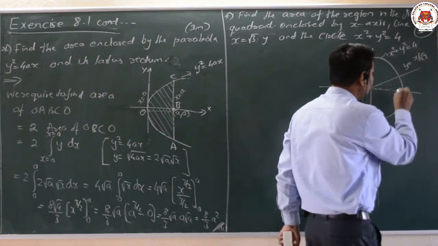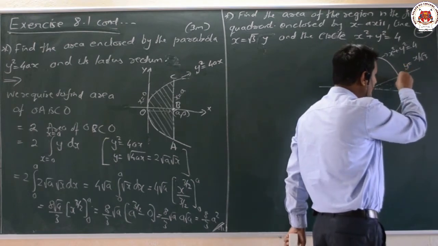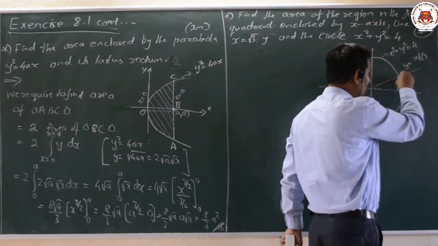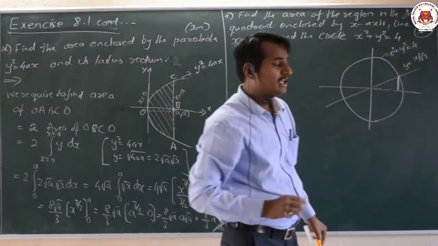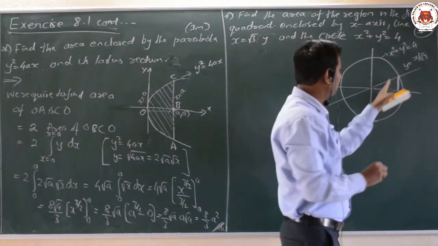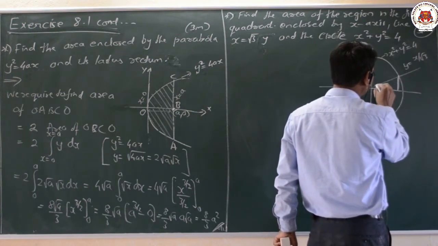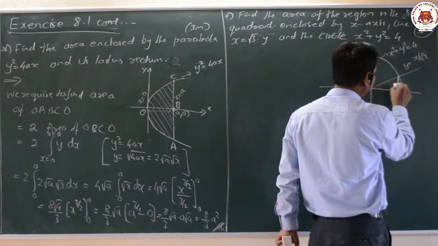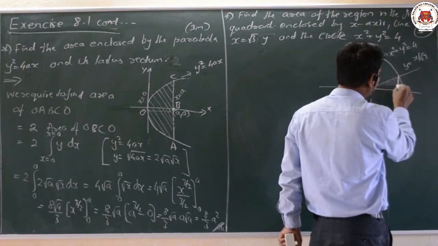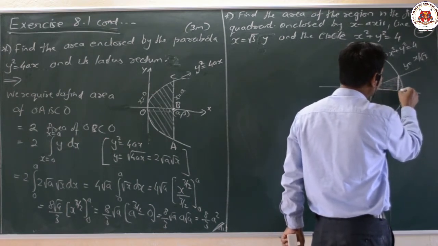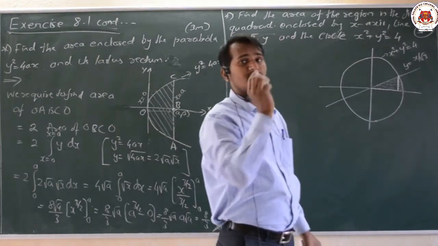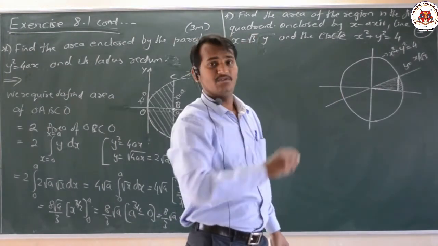So what I will do here is I will divide this whole area into 2 parts. Be careful and be attentive also. The whole area, only this particular sector, I am dividing into 2 parts. One is this particular area, and this particular area also I require to find. Separately I will find out these 2 areas, and then we will add it.